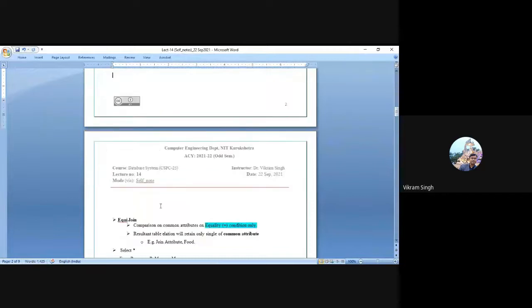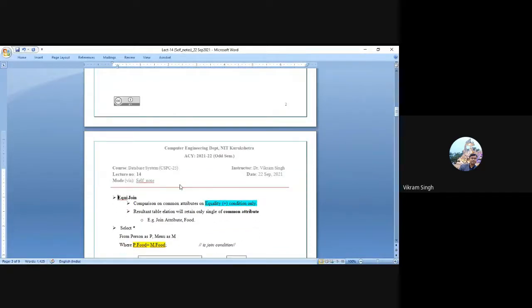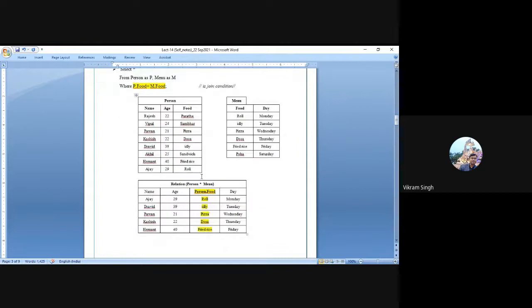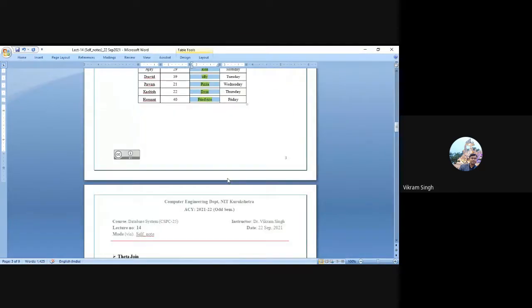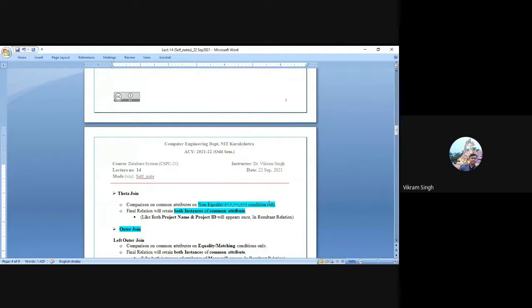Now going ahead, in these first two types of inner joins, we are saying equi-join is an extension of natural join, where the condition of equality is equal to. The difference is that only one instance is kept in the equi-join, whereas in the natural join we have more than one instance of all the common attributes, right? So this deals with the equal to operator. What about not equal to operators?